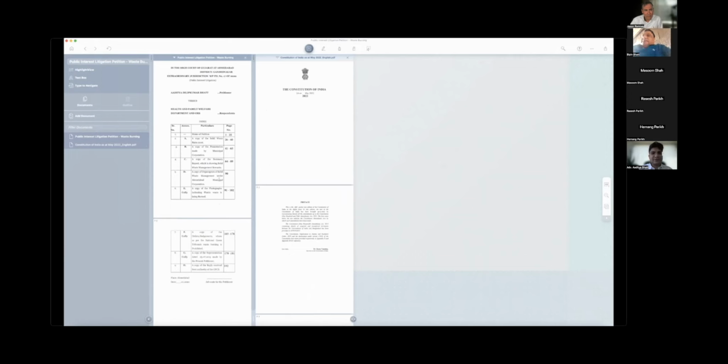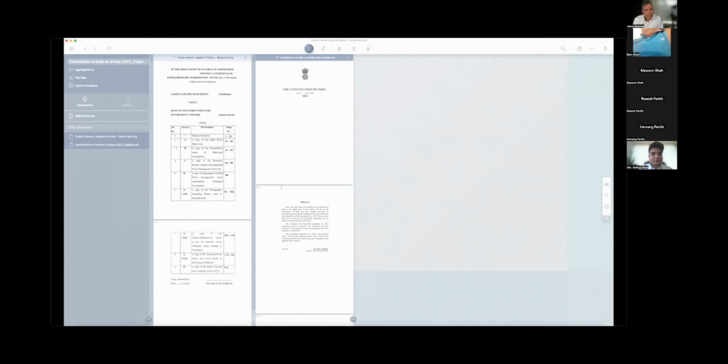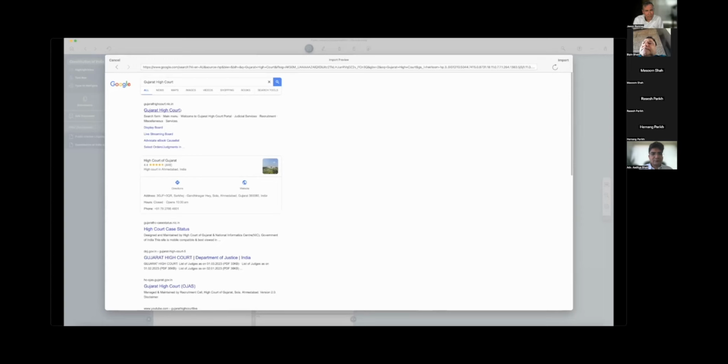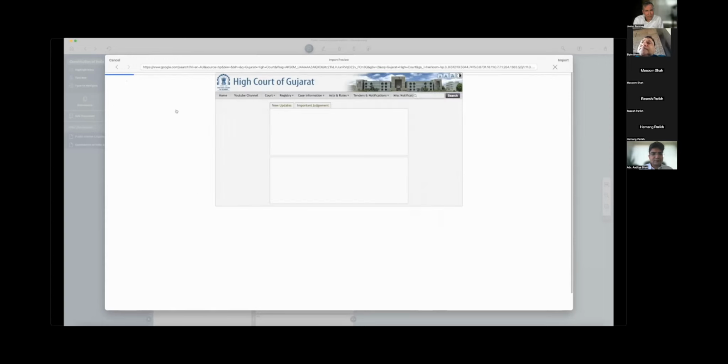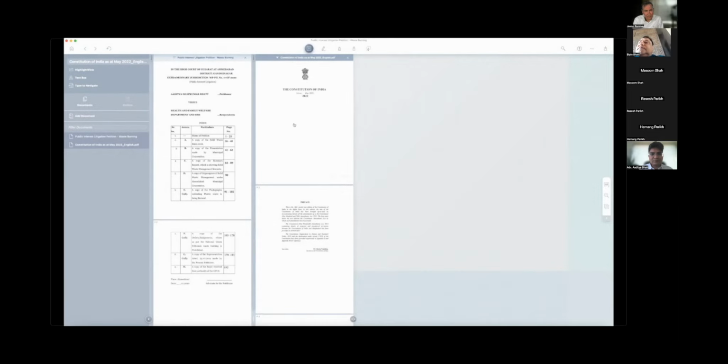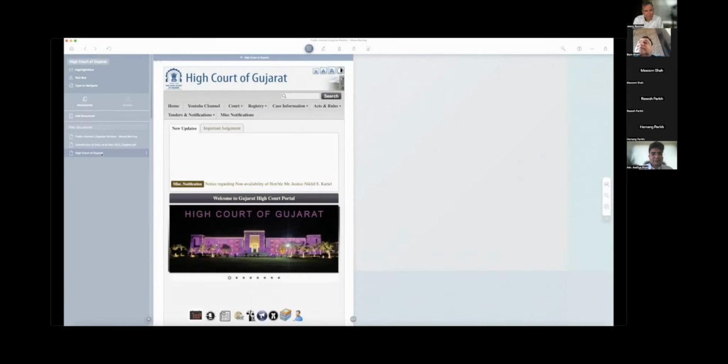I can also move up and down through each document individually, but say I also need a web page. All right, I'm going to add a web page now from the built-in browser of LiquidText. Let's say I want the Gujarat High Court. Here is that web page. I'm just going to quickly import that as well and add that to my list of materials on the left,